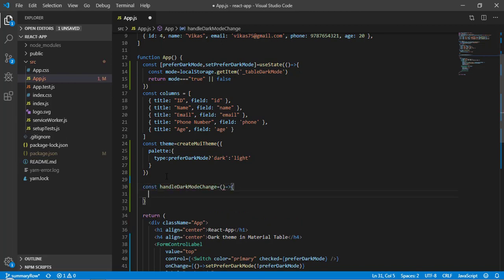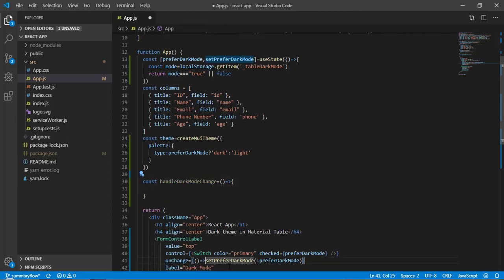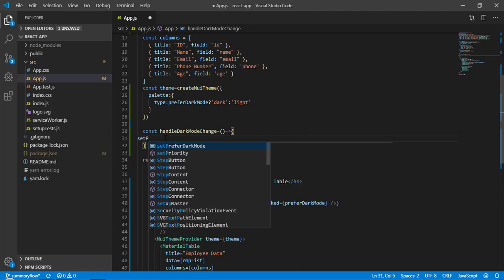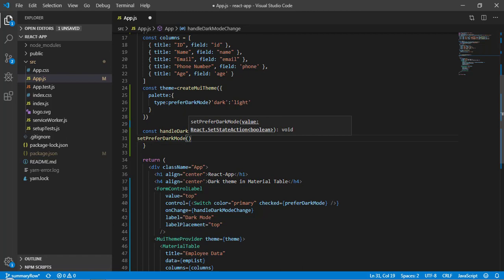What I have to do is call this function here. Now I can remove this, and from here directly I can write setPreferDarkMode. What I had before as code there, I am going to write again here.